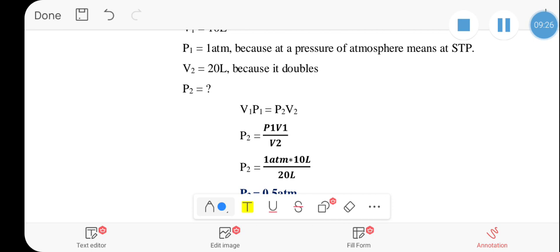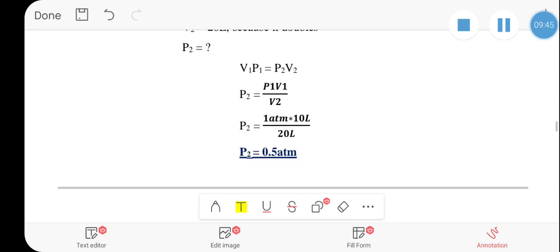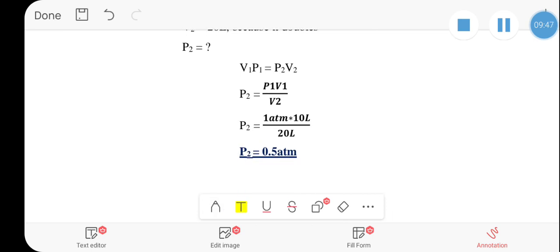now ወደ ኦሪጂናል ፎርሙላችን ስንመጣ P1 V1 which is equal to P2 V2, P2 which is equal to P1 V1 over V2, P2 which is equal to, by substituting the values, 1 atmosphere times 10 liter divided by 20 liter, we have the value of 0.5 ማለት ነው። therefore ቫልዩአችን 0.5 ነው ማለት ነው። አትሞስፌር ፕሬሸሩ P2 0.5 ይሆናል ማለት ነው።